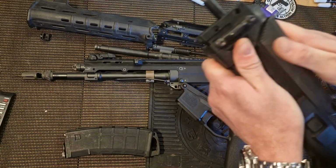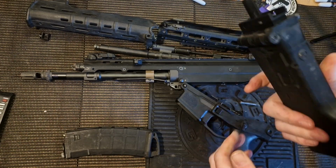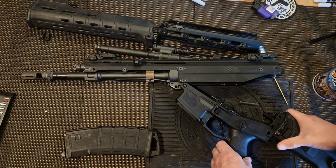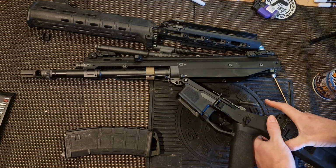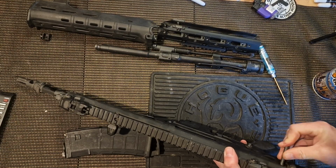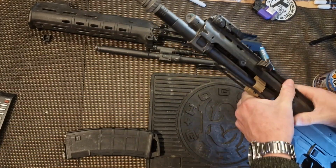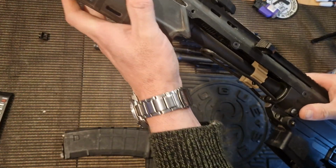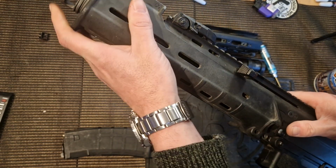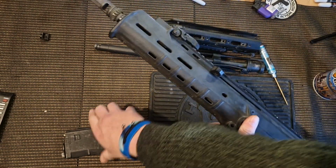It actually has quite a firm cheek piece. It doesn't flop around like some replicas do. The WE stock is actually super solid. You can actually put these on a WE Scar as well, I think, with an adapter plate. The stock's actually really good with that adjustable length of pull. As I said, the build quality is actually really good on it, but for whatever reason, they just didn't really ever take off. You can use standard WE M4 magazines in it, although allegedly it feeds better on its own ones because they have a slightly different